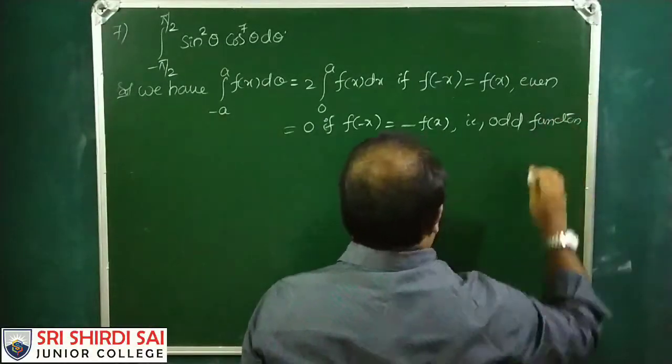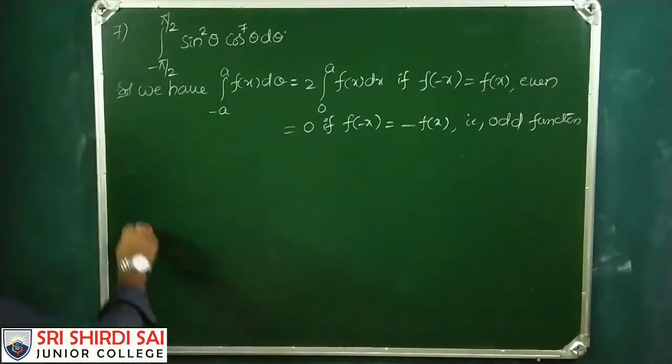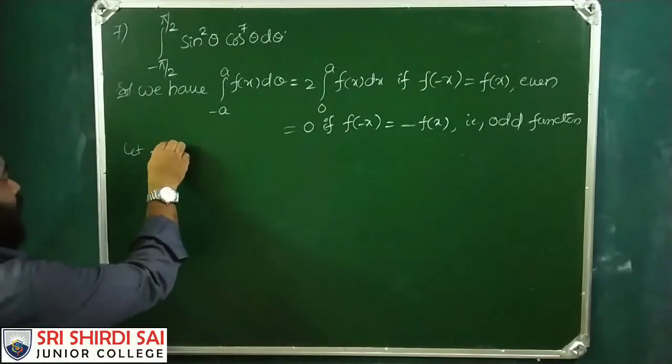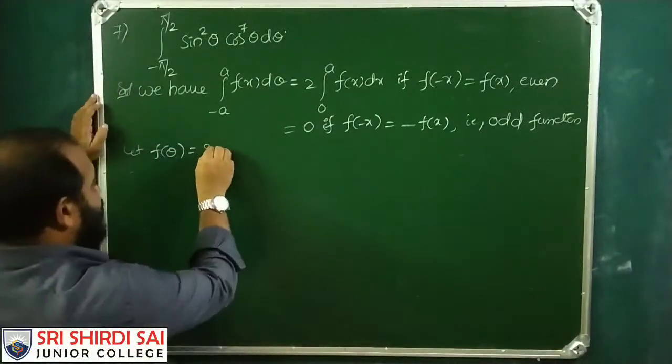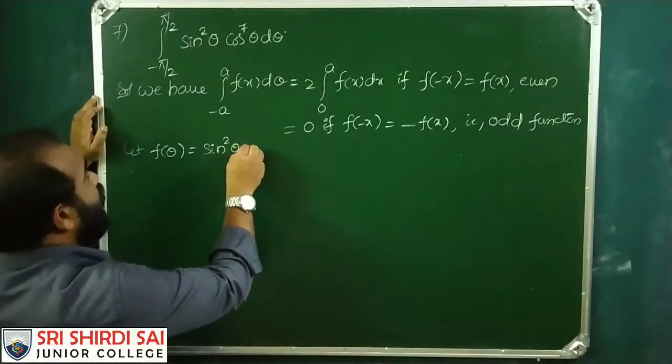So for this, let f of theta be the given function, sin square theta into cos